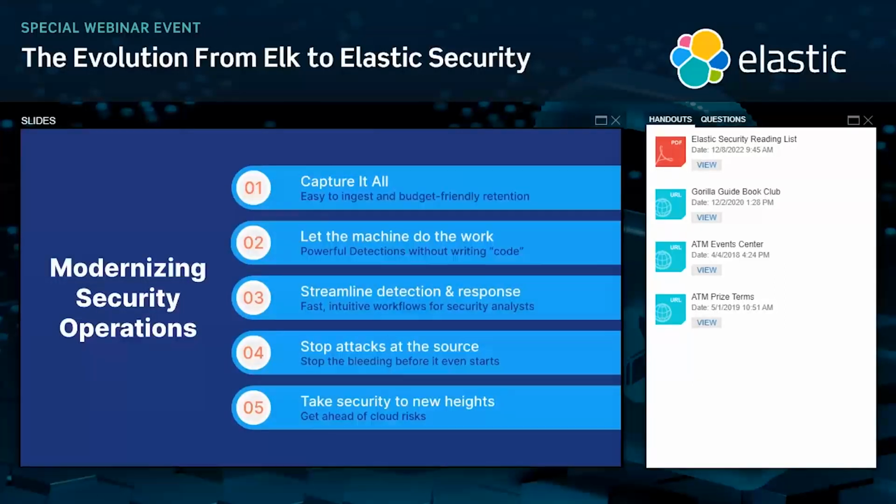We then moved to the automation component. So now we have a new detection engine that is part of Elastic Security. No need to use Watcher, no need to write code anymore. And more than everything, you also have content now that comes with the platform. You don't need to staff a team of threat researchers to figure out what detection you should have. You can just leverage what Elastic Security Labs provides.